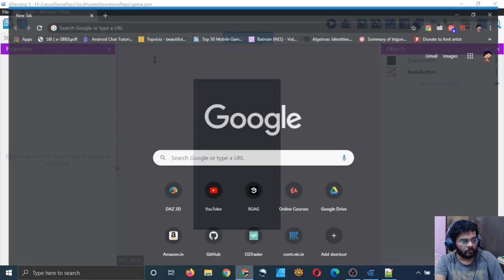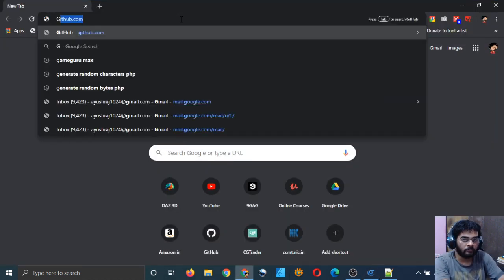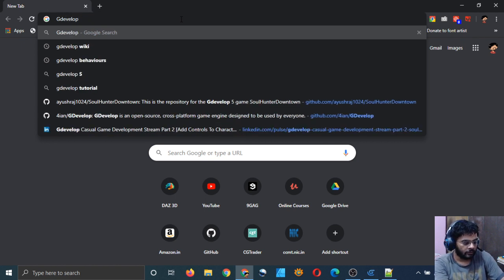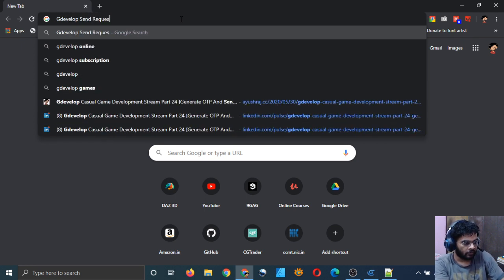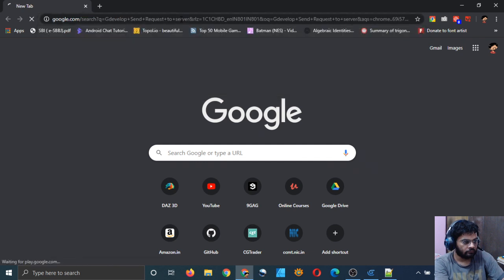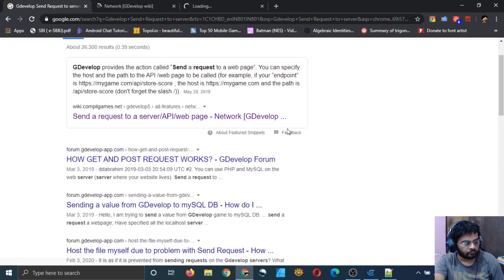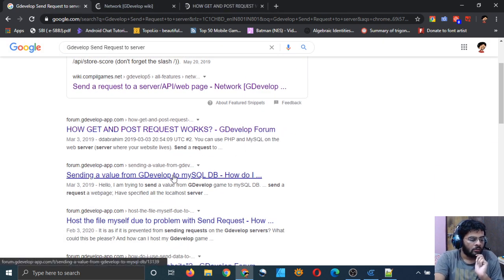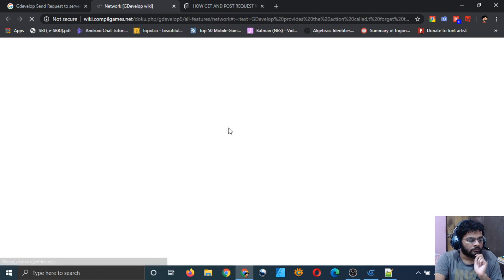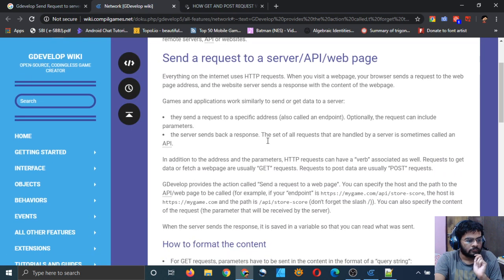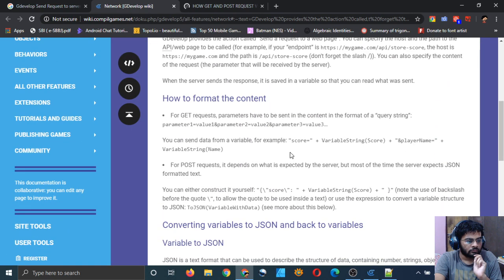And now let me go to the GDevelop forums or wiki and search GDevelop send request to server. They have told me how to format the request.